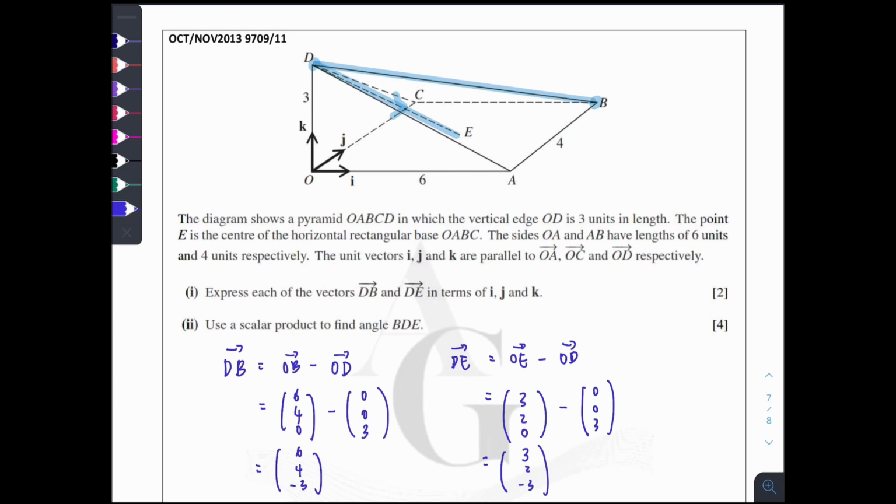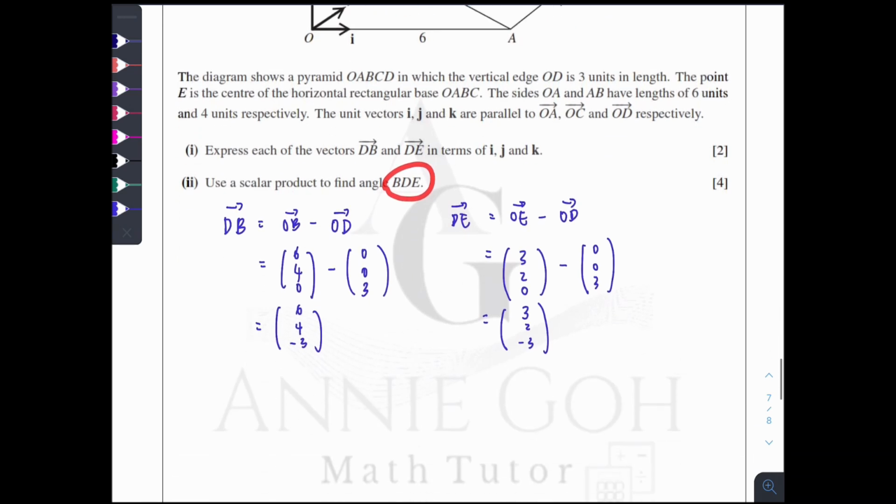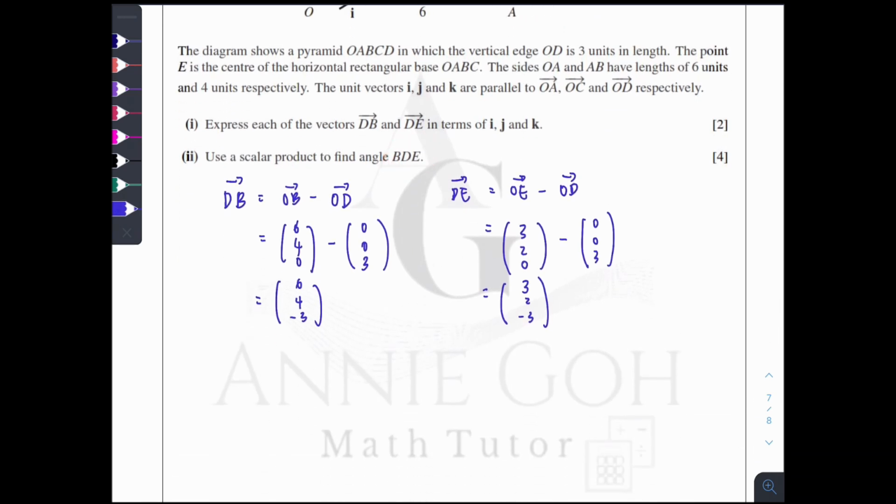As for part 2, use the scalar product to find the angle BDE. And usually part 2 is related to part 1. Have a look at part 2. If you just draw the angle BDE, let's say this is angle BDE, and you're asked to find this angle, then you have to make sure that the 2 vectors that you're going to dot must be both pointing in or both pointing out from